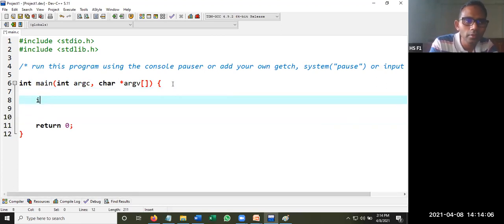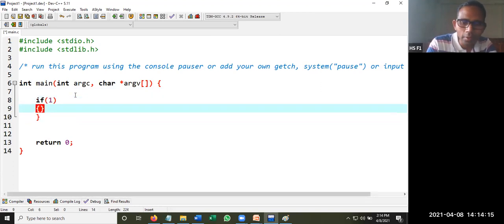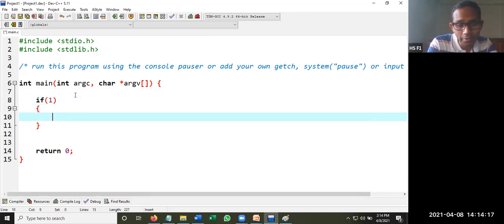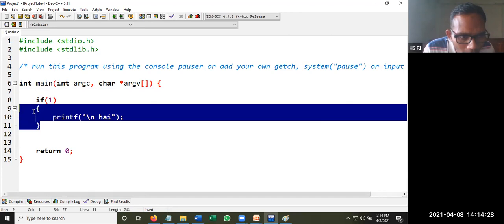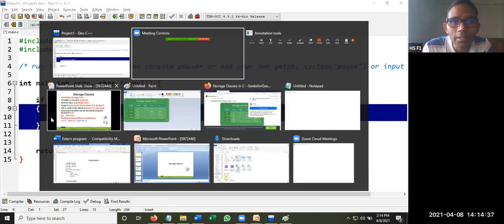If you are writing some condition, for example, 1 means always true, then we are writing opening flower bracket, closing flower bracket. We are having some instruction in the if condition, say hi. So this is also considered as a block. Within the open flower bracket and the closed flower bracket, we can consider it as a block. So let us get back to the slide.